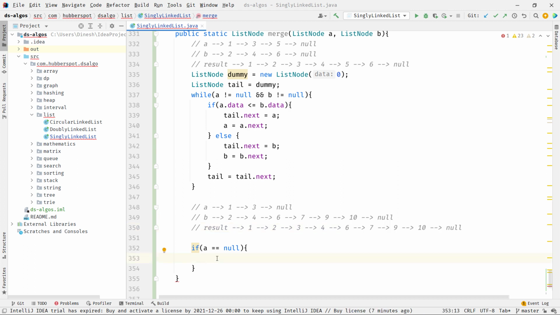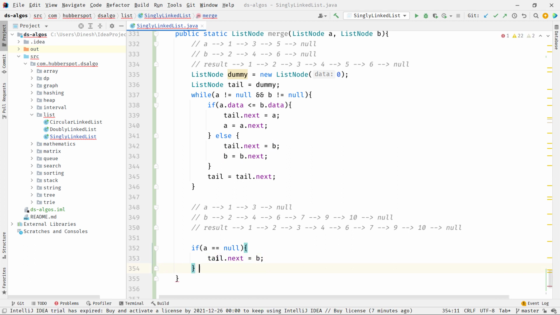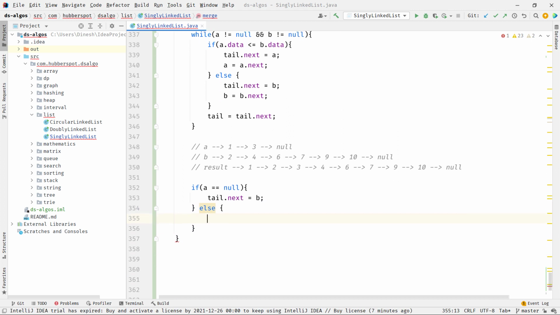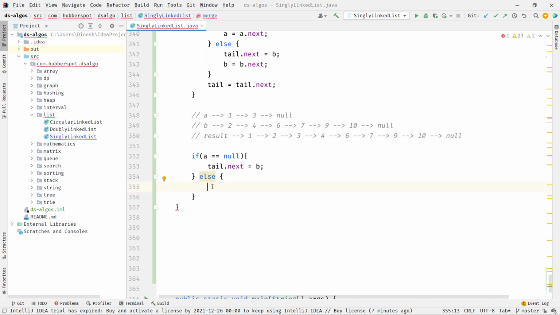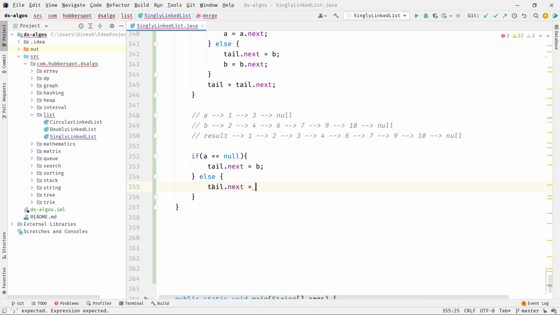So here we do tail.next = b. Else, if b is equal to null, we directly append a. And after this if else block, we know that we have merged both the lists.